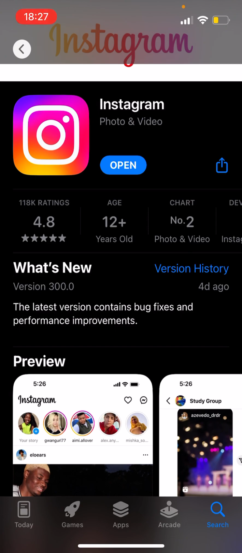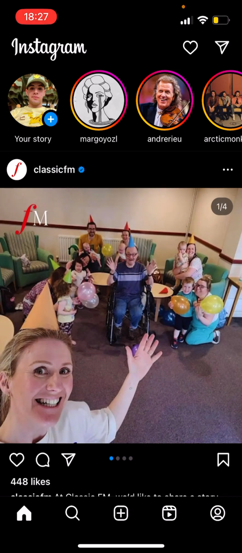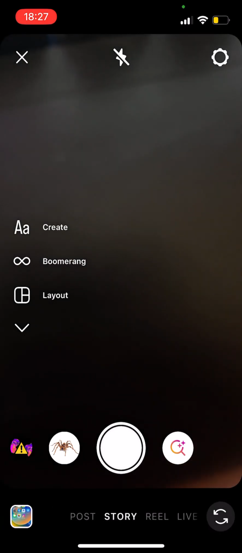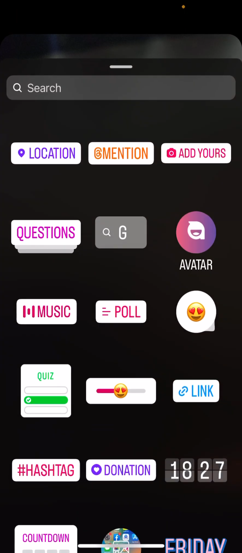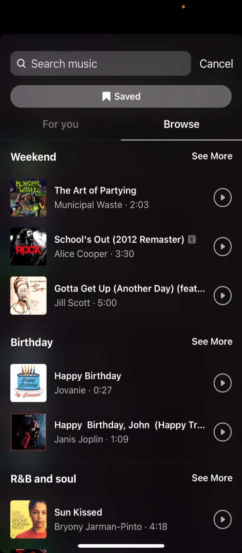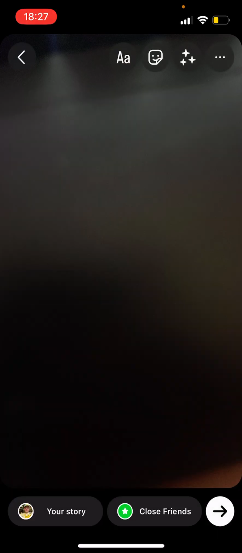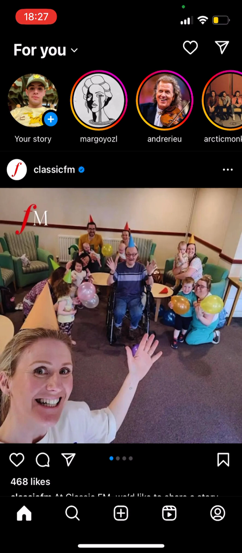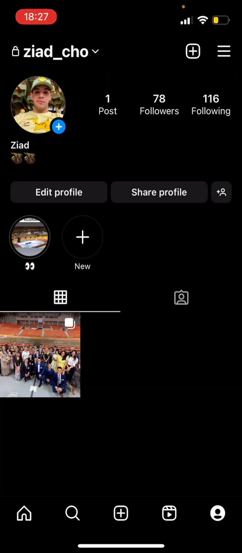After Instagram is updated, just open it, and now when you go to post a story, you see that music is most likely on. If you don't find the music that you're looking for in the browse section or for you section, there are two options. Option one is that the song is not actually in the Instagram system, but option two, which you can actually fix, is